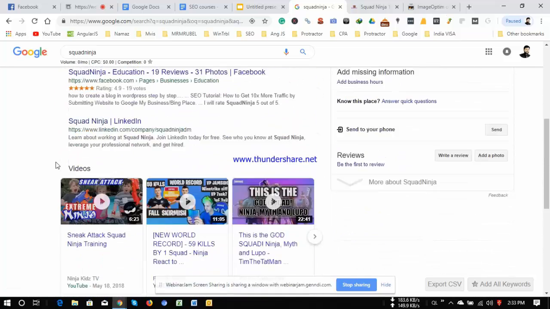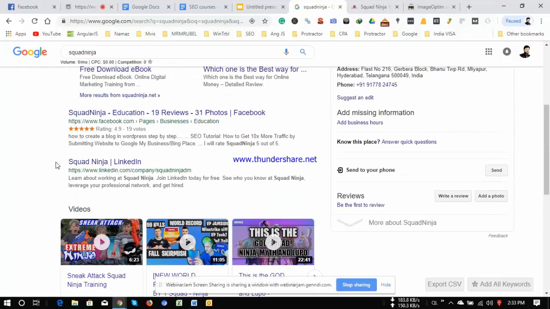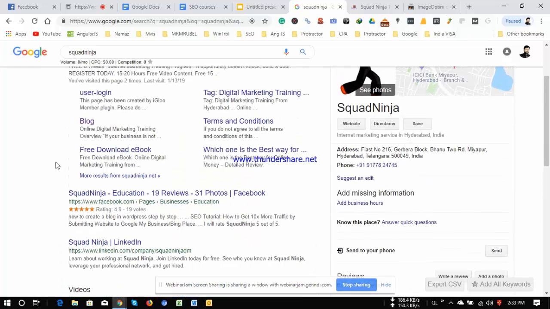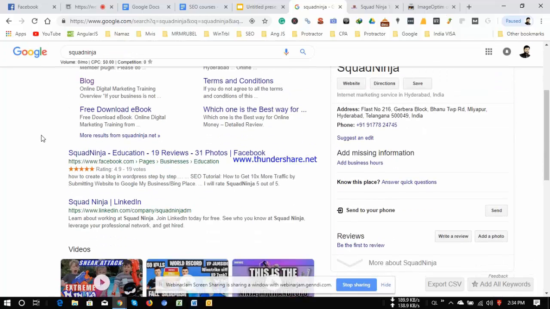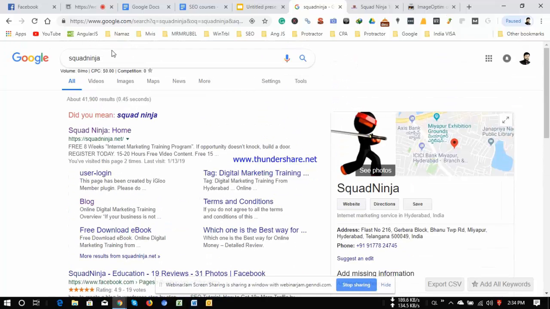So I wonder how Google treats this. If so many websites are referring to or giving our link, Google also gives us a reference in search. Google gets indexed based on that keyword, I mean Squad Ninja.